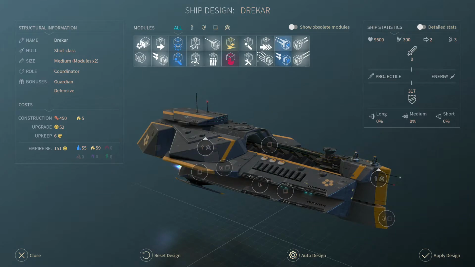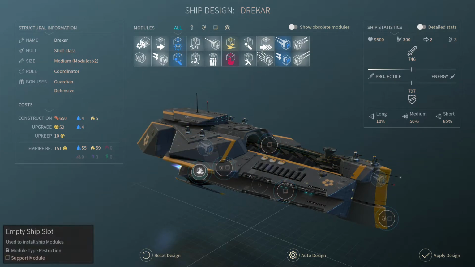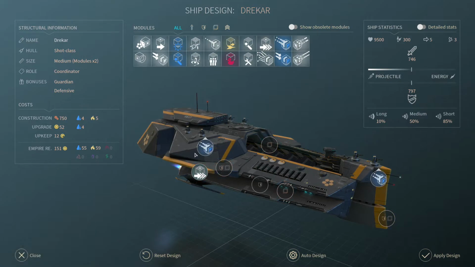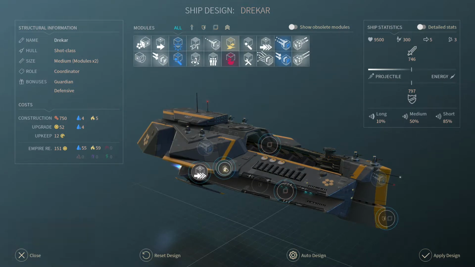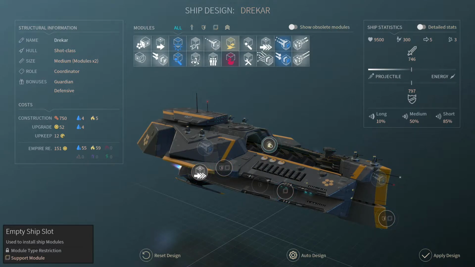Okay. We're going to go ahead and put in 2 of these. We're going to grab 1 ram scoop engine in one of our support only spots. That's going to give us up to a movement of 5. We need a little bit more movement. And one of the things we could do to facilitate that is actually this module, but we would have to run...